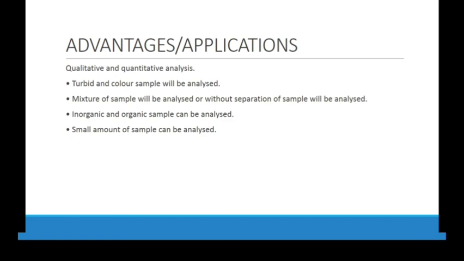You will not have to ask me why we are using mercury. This is a complete technique developed by the scientists. So we will not use any other metal or element. We will only use mercury as cathode, the dropping mercury electrode. This is very important also from the examination point of view.